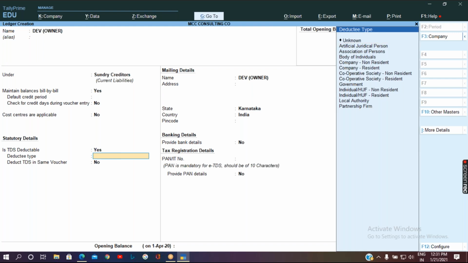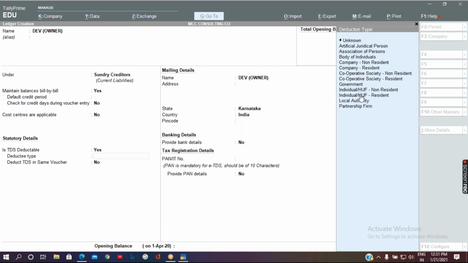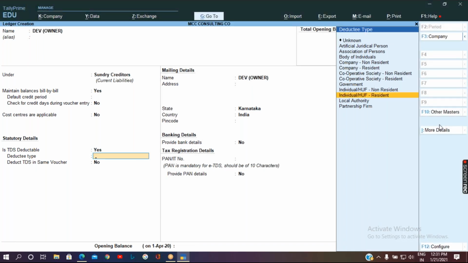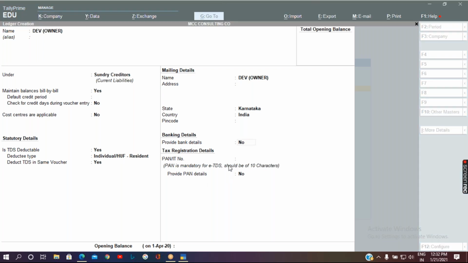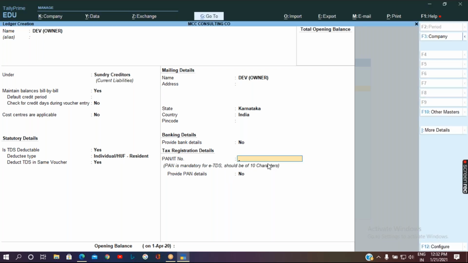I'll take this person as an individual HUF resident. Then deduct TDS in same voucher, yes. So I'll also specify the PAN number.